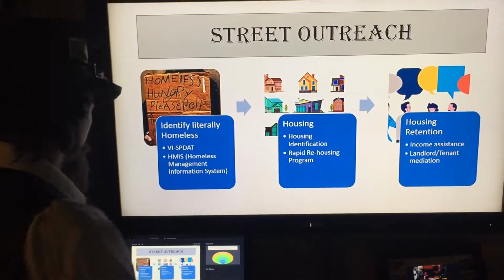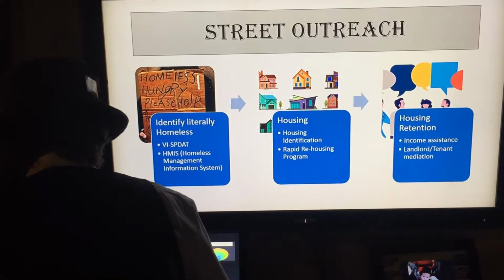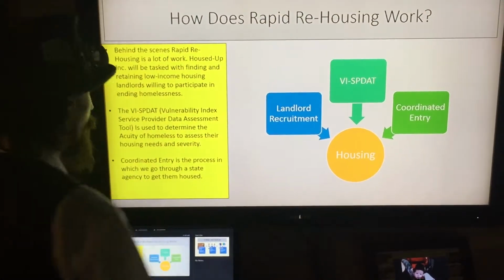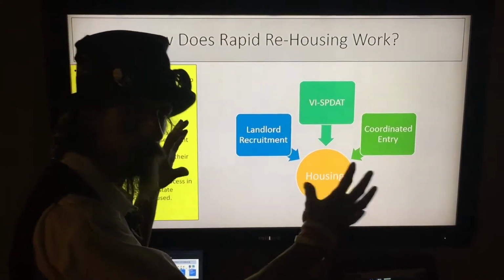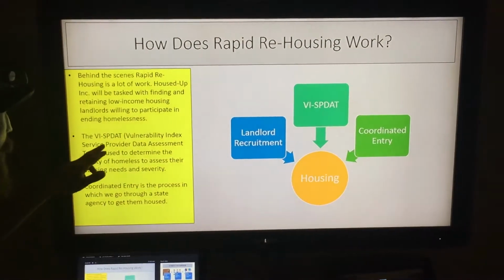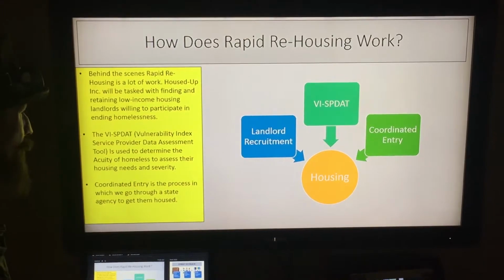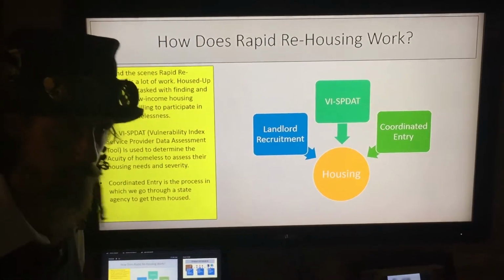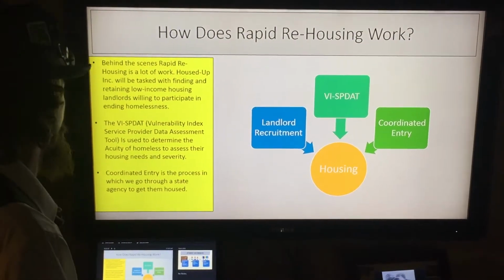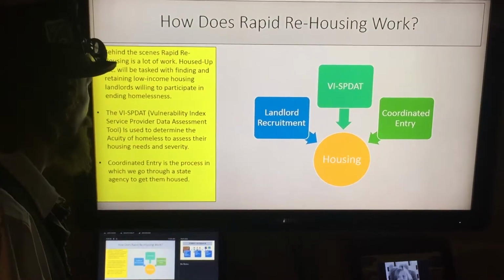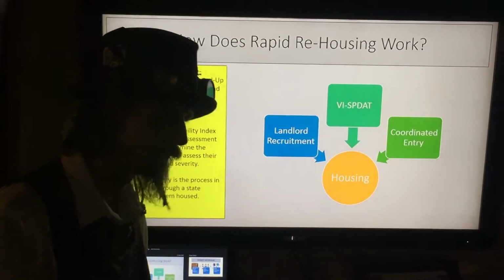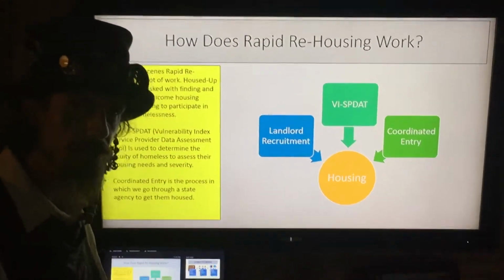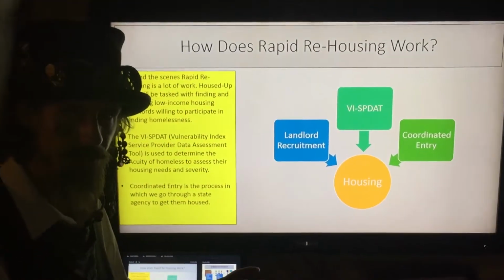The VI-SPDAT is the Vulnerability Index Service Provider tool. I actually covered that in part of the housing approach, or what all goes into housing. The VI-SPDAT is a Vulnerability Index Service Provider Data Assessment tool. It's got a big, long name, but it is used to determine the acuity of homeless people to assess their housing needs and severity, who needs a house the most. And like I said, I know it sucks that you have to do that to homeless people,